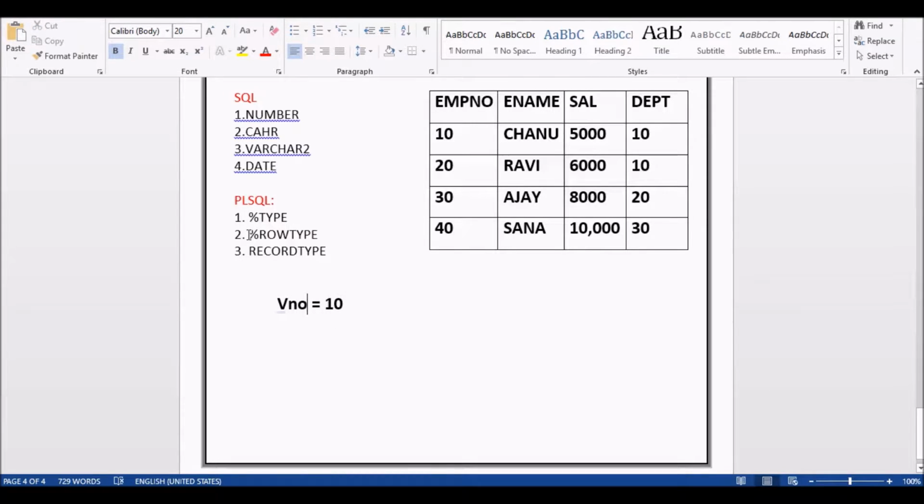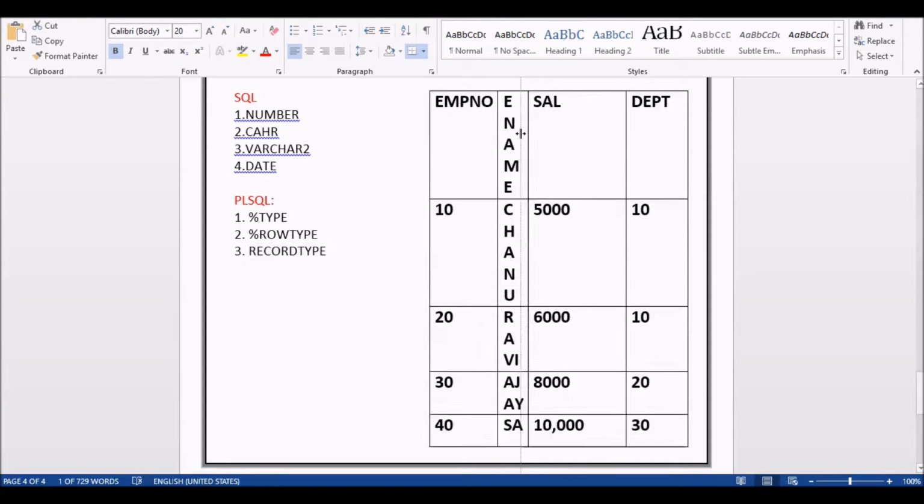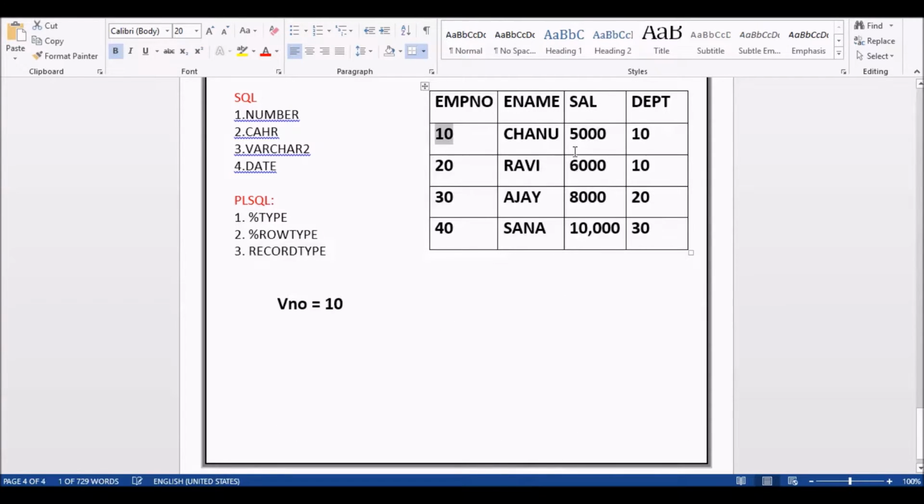The next one is %ROWTYPE. Suppose we want to display this entire record, then we will use %ROWTYPE. Then RECORD type: suppose you want to use these two columns and another two columns from the EMP table, then we use RECORD type.